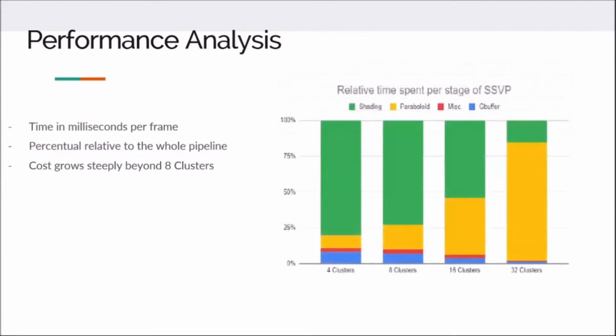The chart of the relative percentile of each stage illustrates better how the cost to render new maps grows very aggressively. Clusterization costs are almost negligible. We embedded it in the MISC stage with VPL sampling and shadow map rendering.